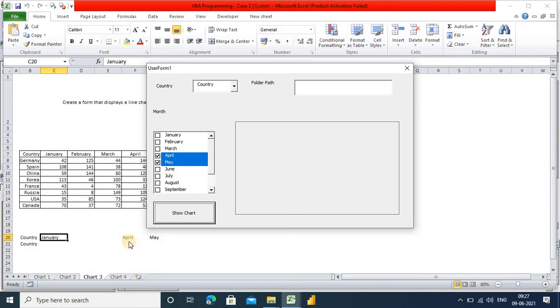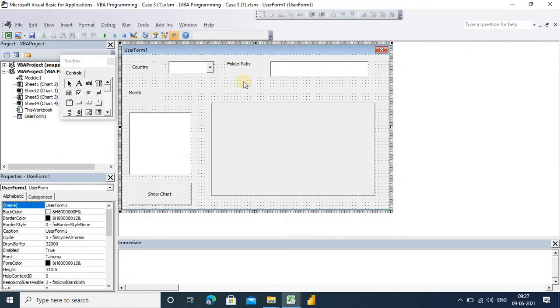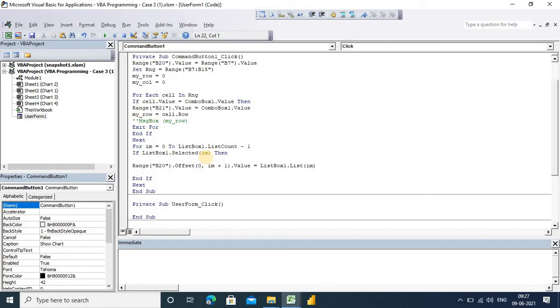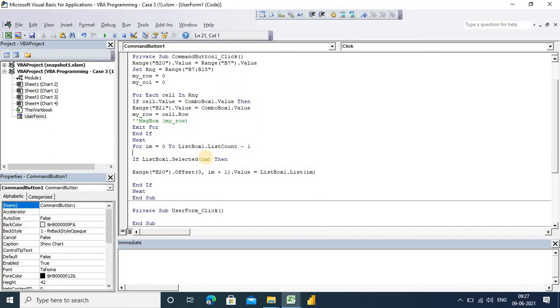You can see here it's showing April and May, right? But now we need this April and May outside these cells, right? So how can we get this? That's why I am showing this. Range V2, IM plus 1. So we'll need to add one more variable here called count, r 0.